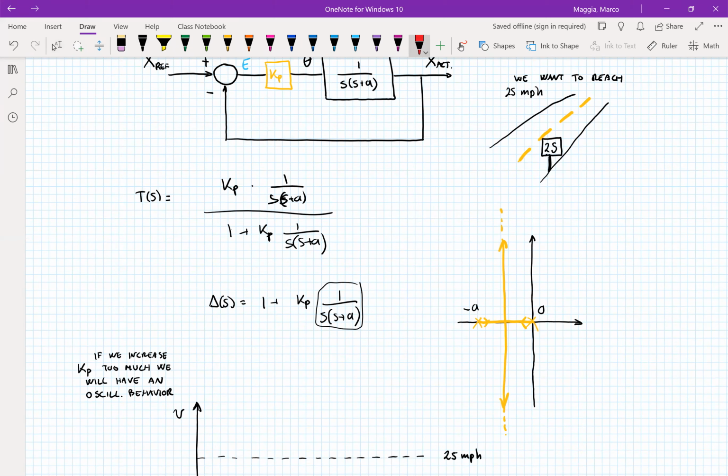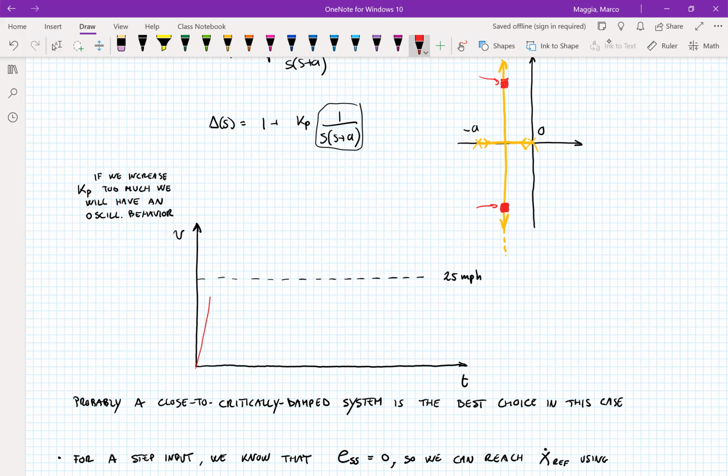Let's say that we choose quite an aggressive controller, so a big value for Kp. With a big value for Kp, we see that the poles of the closed loop transfer function are complex conjugates. So we're going to have a quite big percent overshoot. We're going to have oscillations. So the response will look something like this. Eventually we'll oscillate our way to 25 miles per hour,